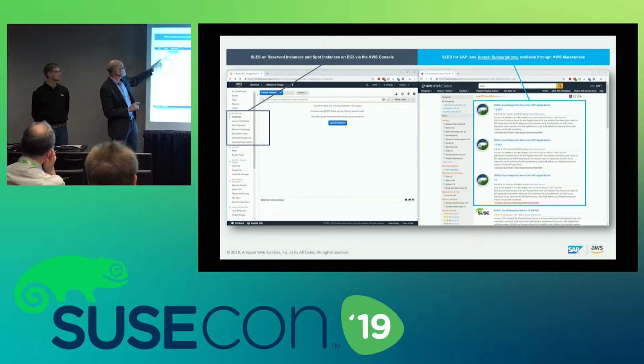The professional way is to go in the console to the AMI selection and pick your AMI out of the 100,000 AMIs, and there you can search for SLES for SAP, and you will want to go with the AMI which has the latest state. This is the more professional way, the way you do it if you do mass deployments. And these are two different entry points.